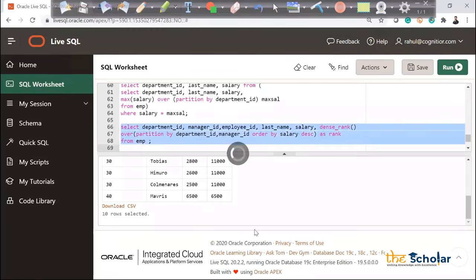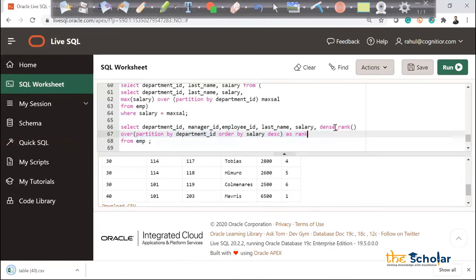All right. Now, if you see here, this is my output of a dense rank. Let me download that and let me use rank and just remove it. And let's download this. Let's open the two CSV files. Let's see whether there is any difference or not. There should not be any difference.